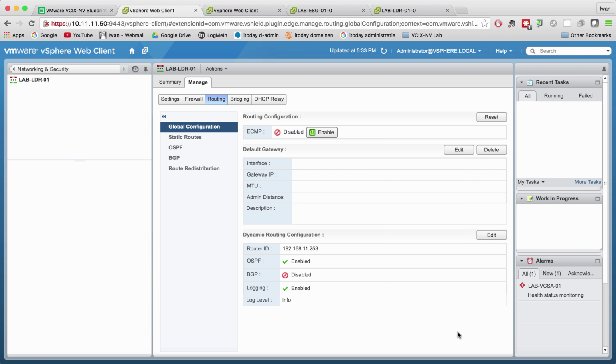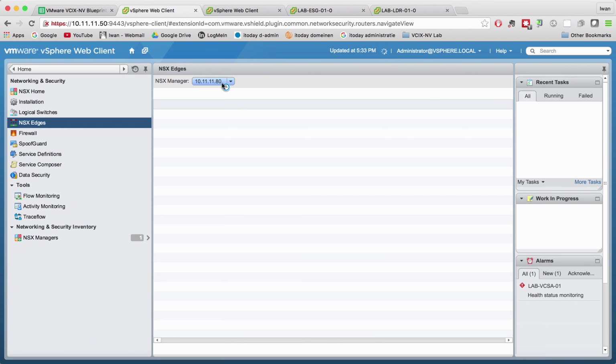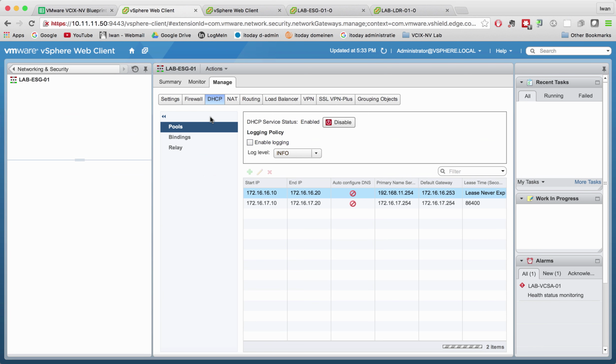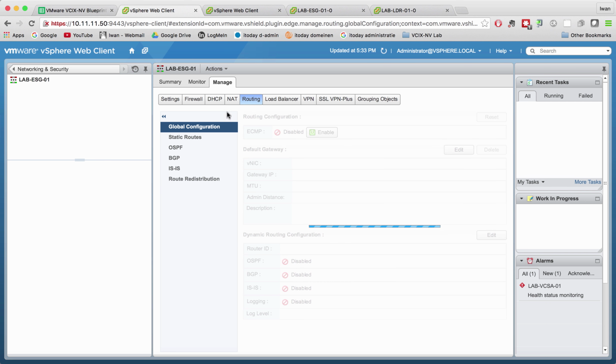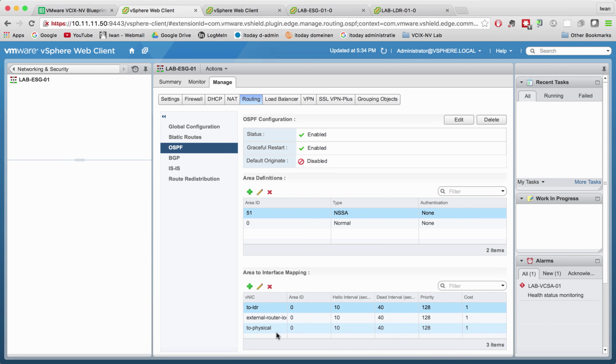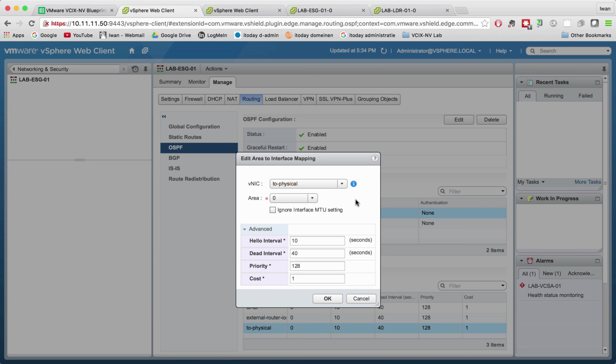We can, for example, do something funny here. Let's go to the other ESG because that has more routing connections. For example, when you go to routing, you can go to OSPF, and let's do a quick verification here, just a quick test. I have OSPF to one of my physical devices here. I can edit that,